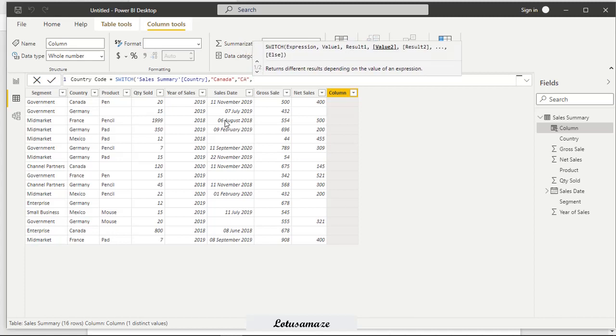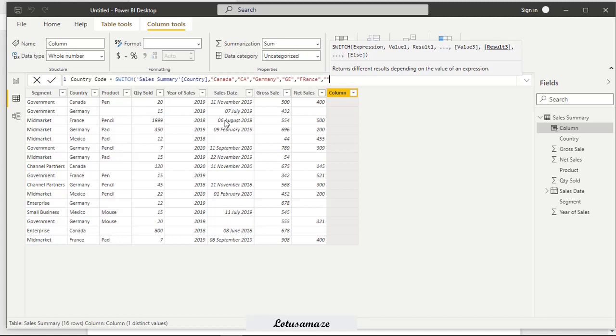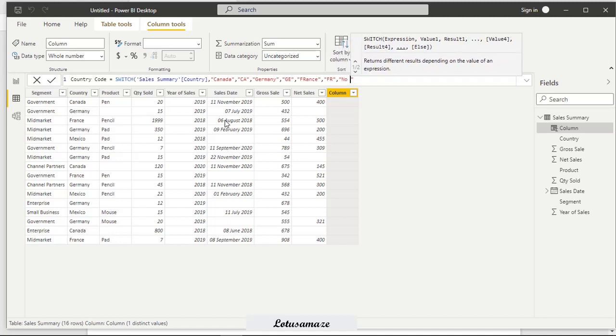Second value, if it's Germany, then the code should be GE. And if it's France, third value, then the result is FR. And if no match, I can type here "no match".